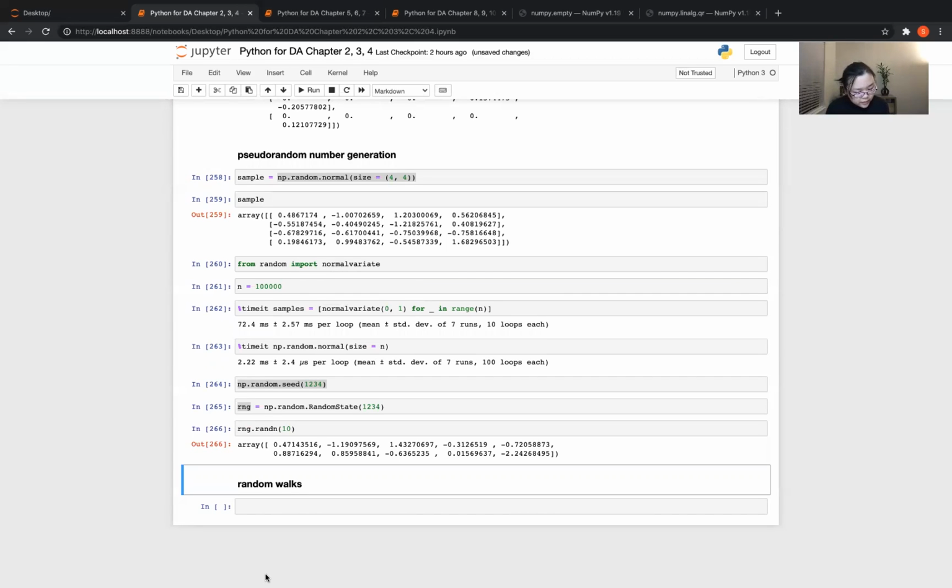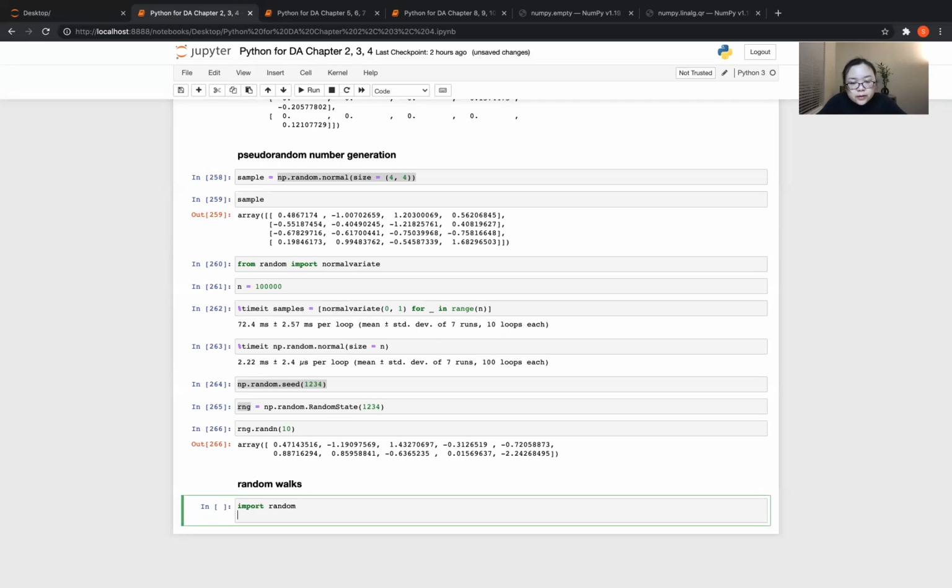For this walk, we can check in Python how to implement a single random walk with 1000 steps using the built-in random module. So we import random, and then position equal to 0, and the walk